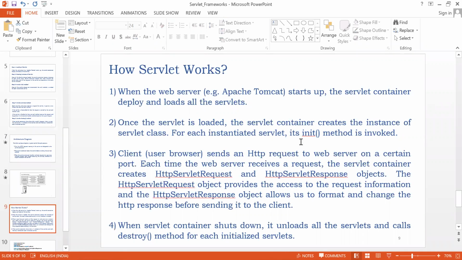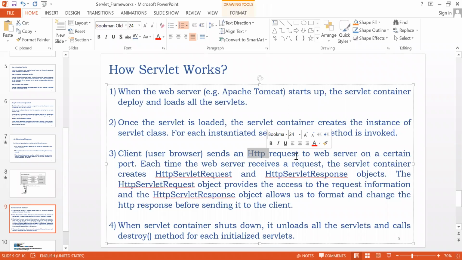You went to a hotel, you have seen the menu and you have ordered the food. Now the food is ready at your table. That's how you can understand things till init. Now the client user's browser sends an HTTP request to a web server on a certain port.